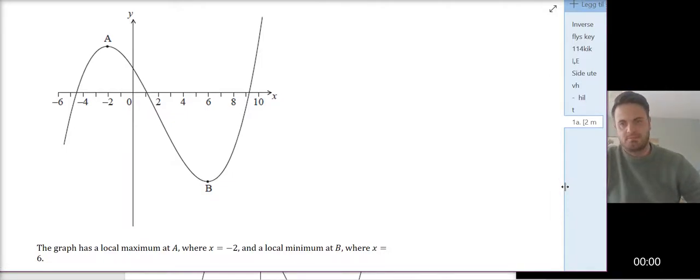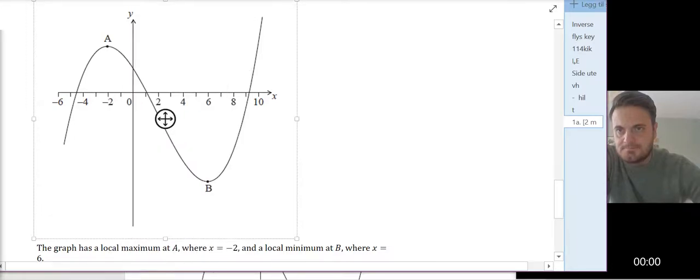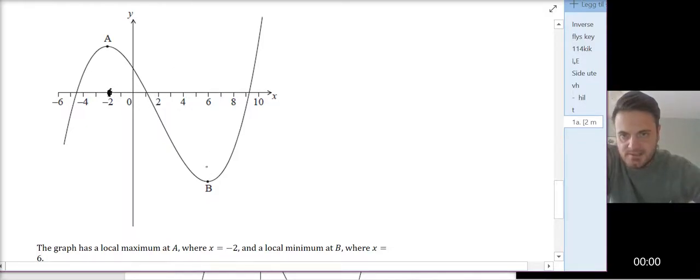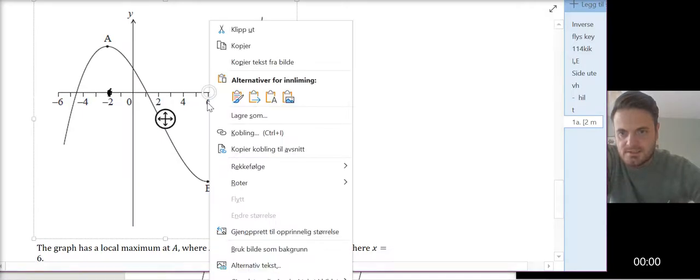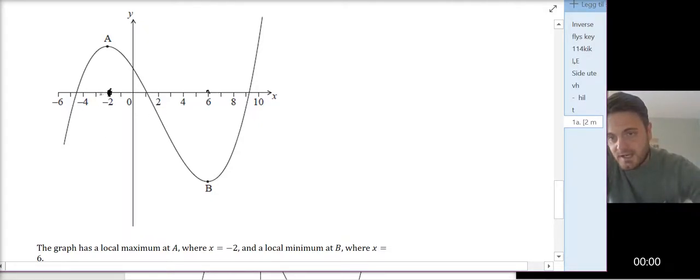So this may be a new task, but the first thing I would do here is to see that when the function has a maximum point, I know that the derivative has a 0 point. So I know that the graph of the derivative has to go through this point, and the same here, it has to go through this point as well. Okay, and we see that when x is less than minus 2, the graph is increasing,